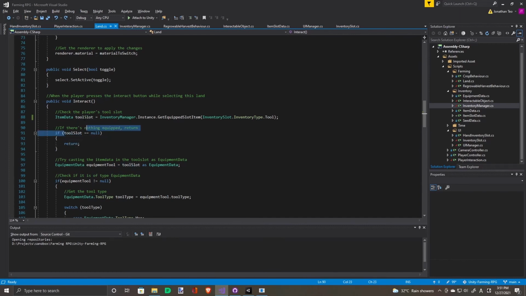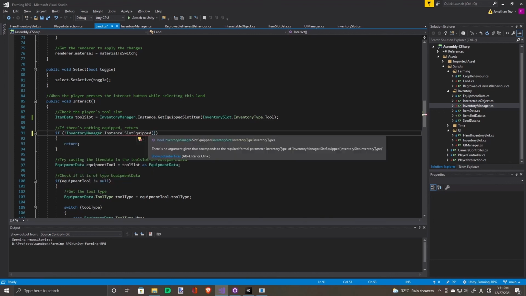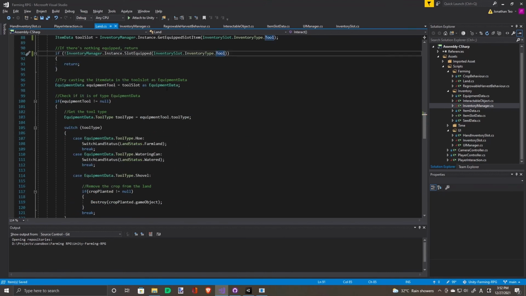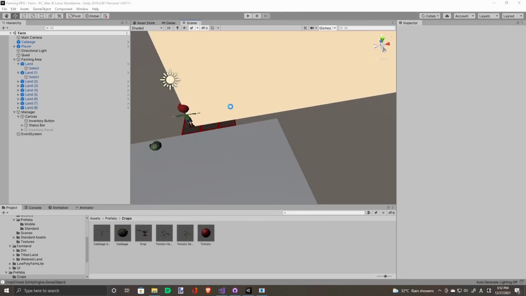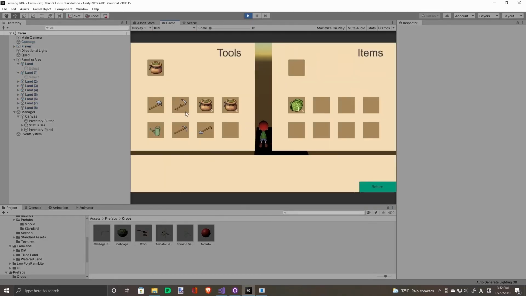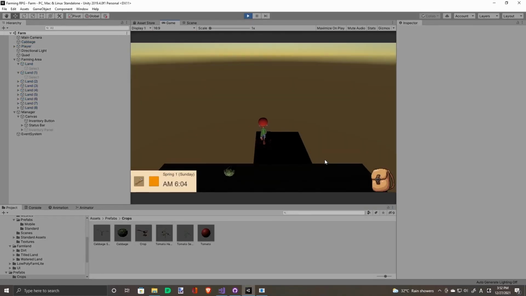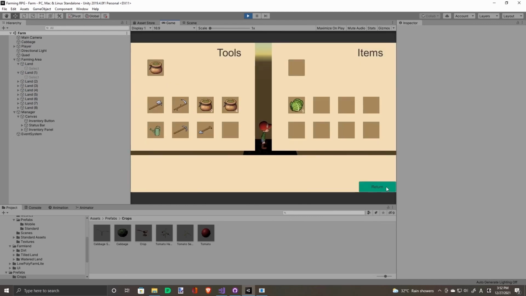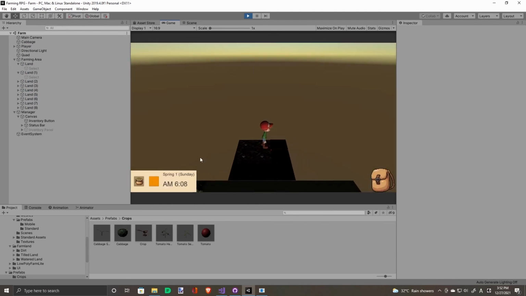So this one has to change. Okay. So right now if I plant, I don't consume any of this.